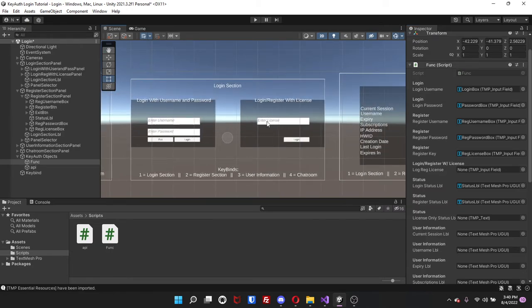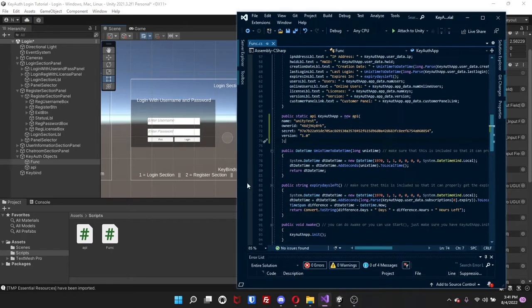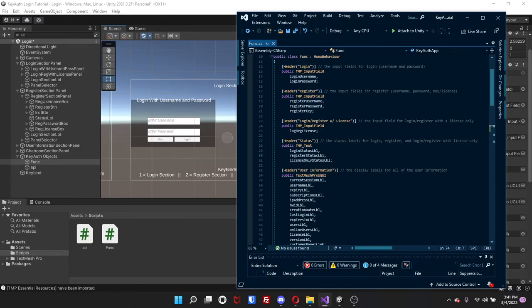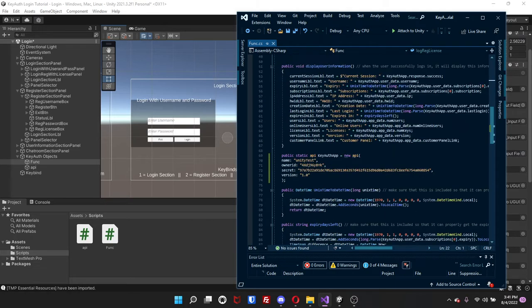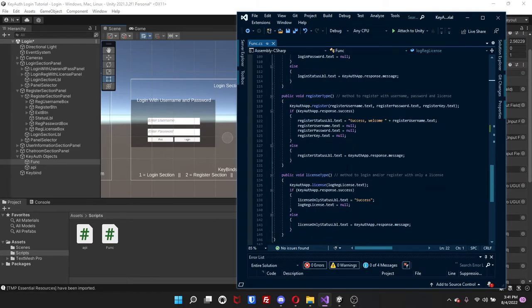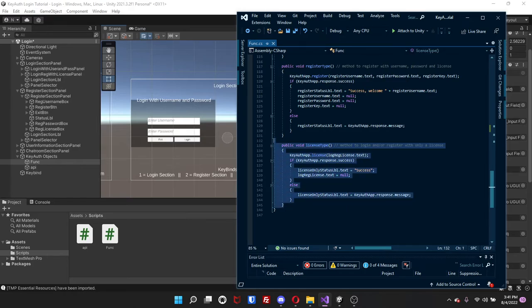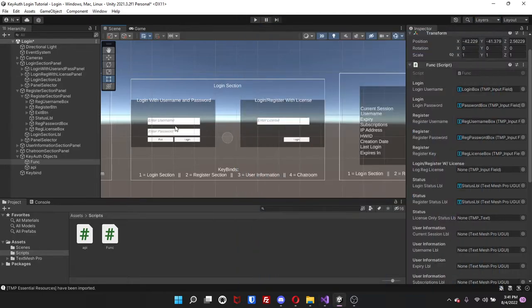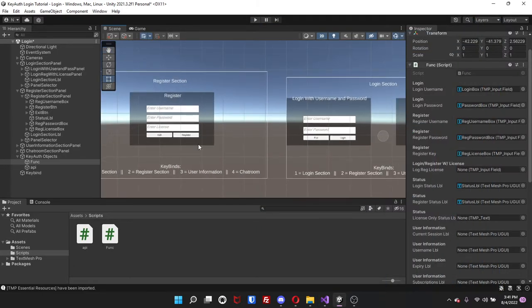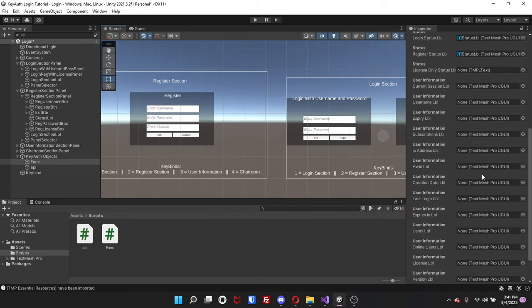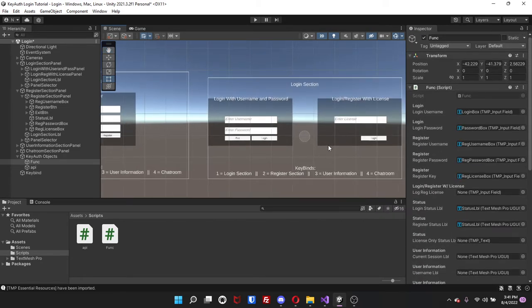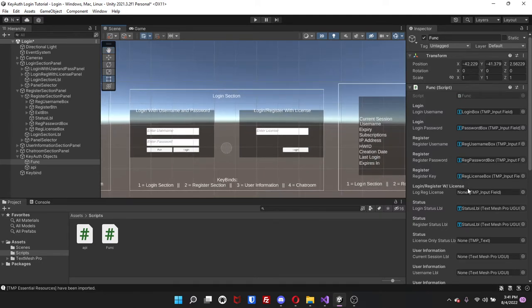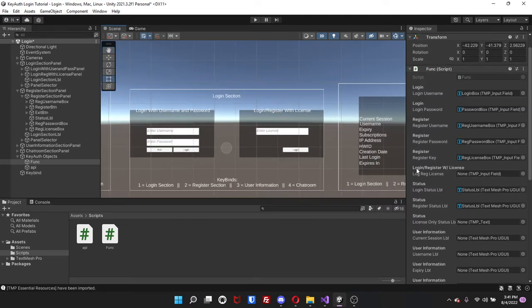If you do not want to use this function, then you can just go ahead inside of your code and you will remove this, and then you will come down and you will also remove this, and then you will only be left with the login and register, which is pretty simple. So I'm not even going to fill that out, because it's pretty self-explanatory for the login register with license